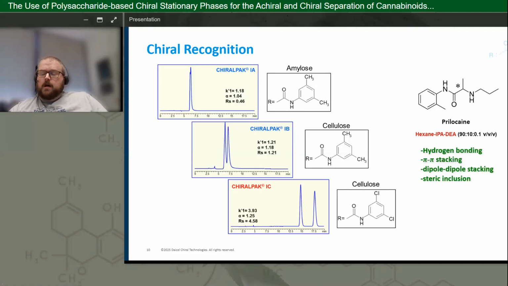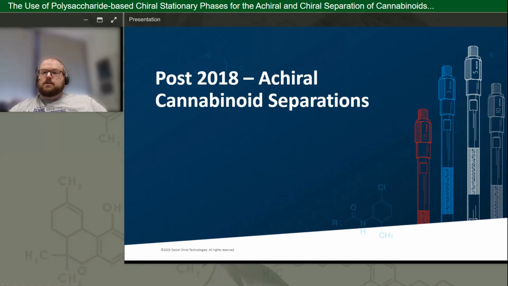So if we change the mobile phase, we might lose one of the hydrogen bonding interactions that was giving us a chiral separation previously. So it becomes very, very complicated to predict these separations. And again, that's why we are oftentimes recommending a screening to get started. Nevertheless, let's jump into